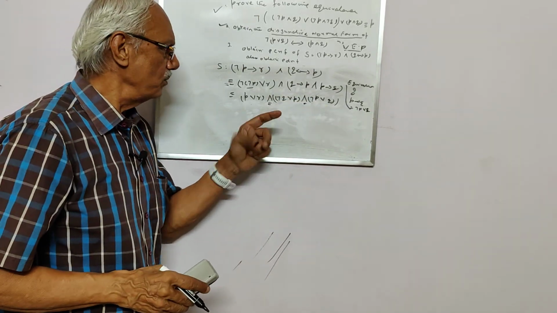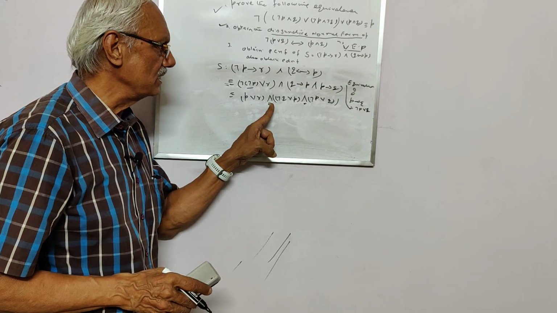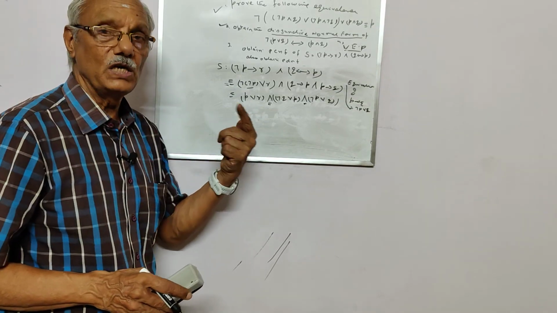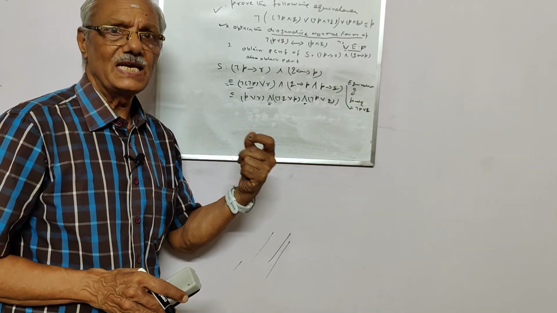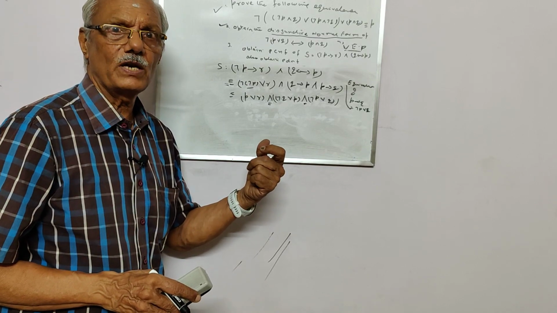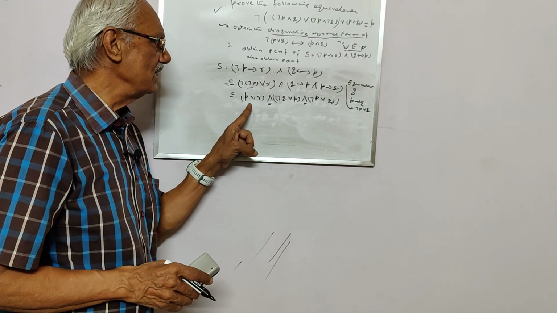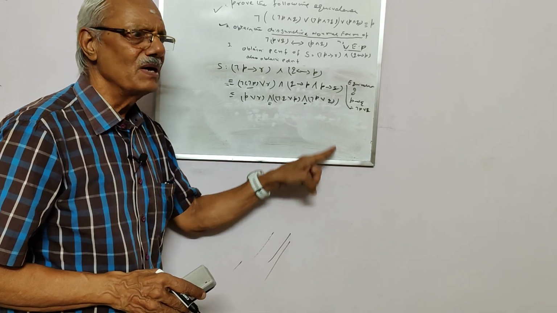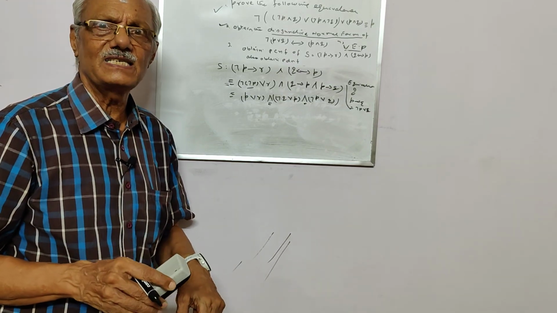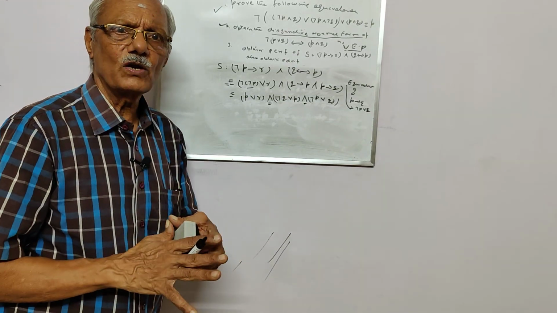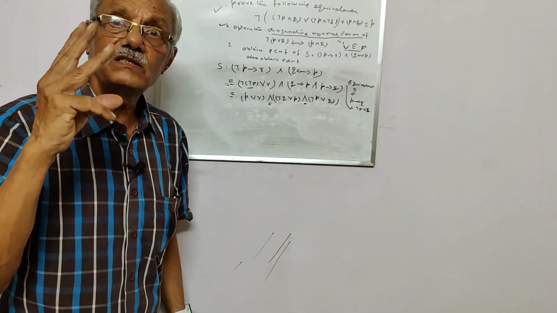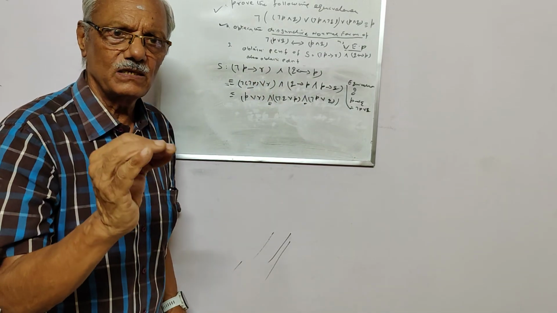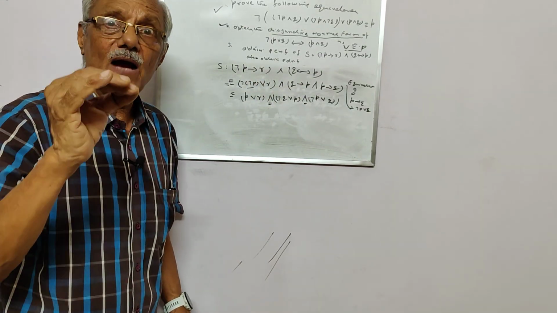Now see, almost we have got it. What is this? This is conjunction, this is conjunction. What are the terms inside? They are all sums. Sum means union, means disjunction of elements. Disjunction of the variables will be called a max term. So this is a max term, this is a max term, this is a max term, but they are all incomplete max terms, in the sense that every max term or min term should have all the three variables, because you are having three variables here, P, Q, R. So every max term and every min term should have all the three